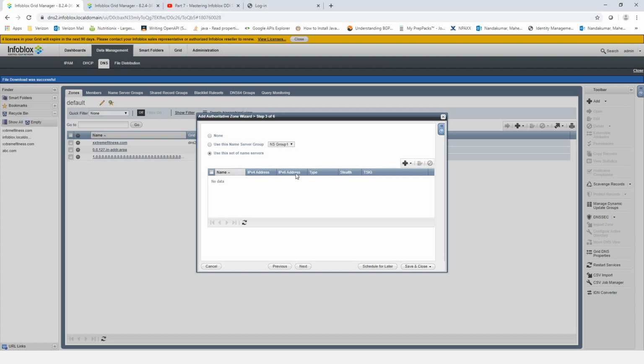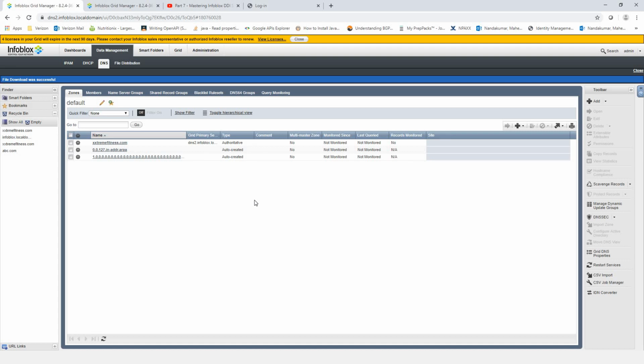So this way I can save a lot of time when I have to add multiple DNS zones, and I can just attach this NS group, or the name server group, in one go, rather than manually having to add all the individual DNS servers while adding the DNS zone. I hope that's clear. And another big advantage that it provides is,